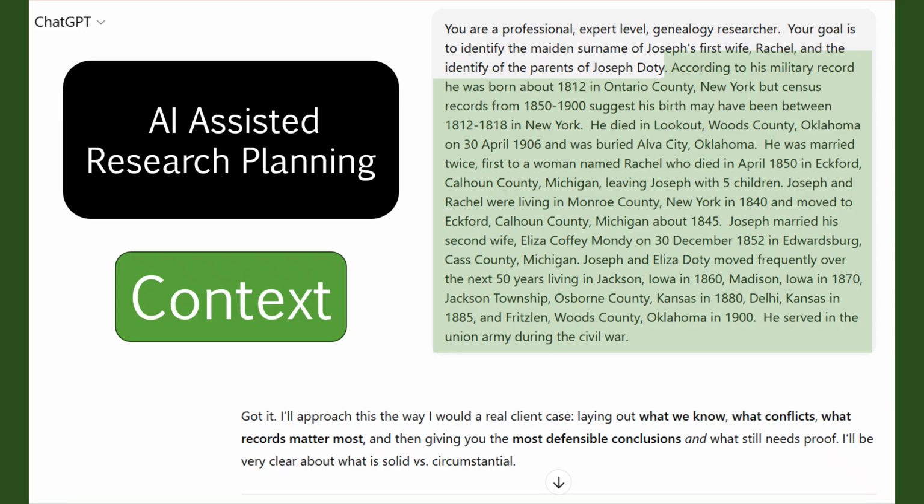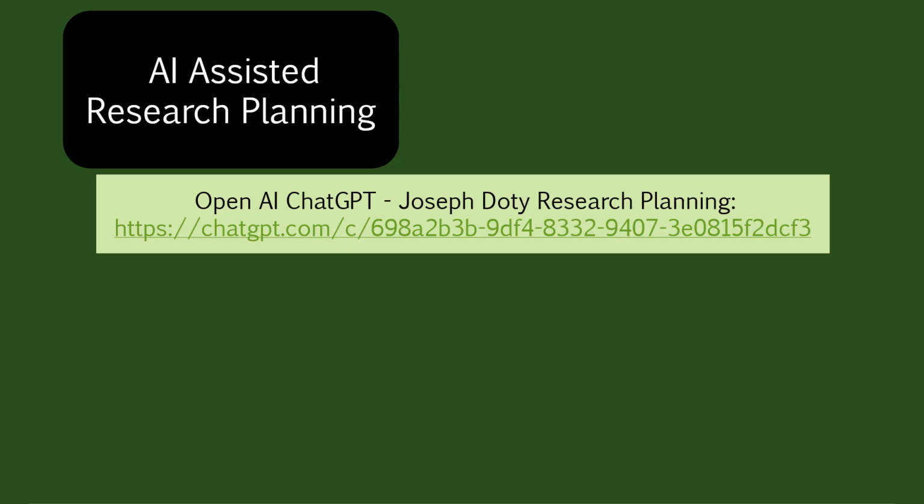Well, at that point, I was ready to write the task to tell it I wanted a research plan, and I hit the enter key instead of just continuing my typing. So this is all it's got now. It doesn't know what I want it to do, but it has a goal: identify the parents and the maiden name. So that's what it's going to try to do. I haven't been able to do it, but AI now is going to try to do it. So here's what happened.